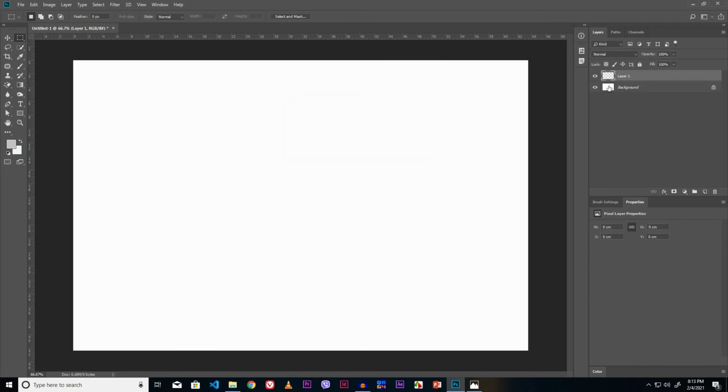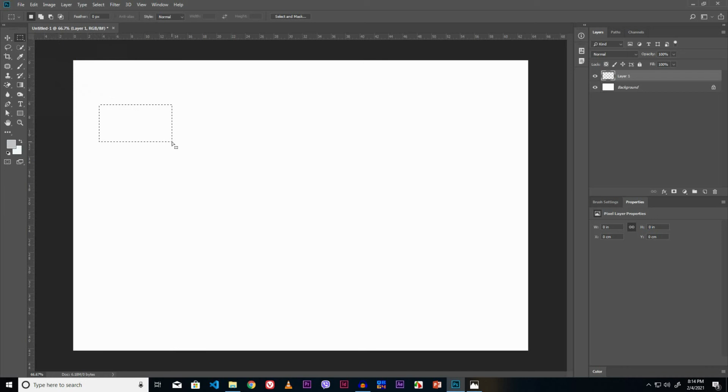Now look here, Layer 1 is created. Just click over here. Look here, different types of Marquee tools are over here. Get the rectangular Marquee tool. Now draw the rectangle for the heading.